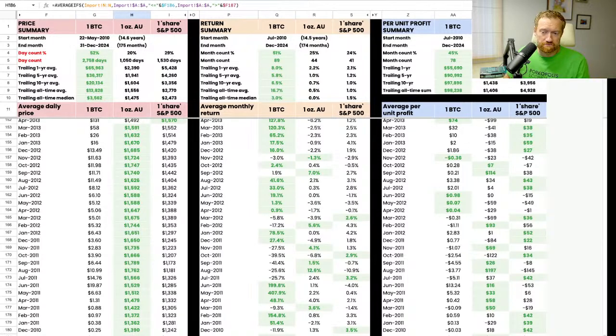$1,200 per gold, $1,000 for the S&P 500. So these are kind of our entry-level numbers, and then we're just going to look through the months here and